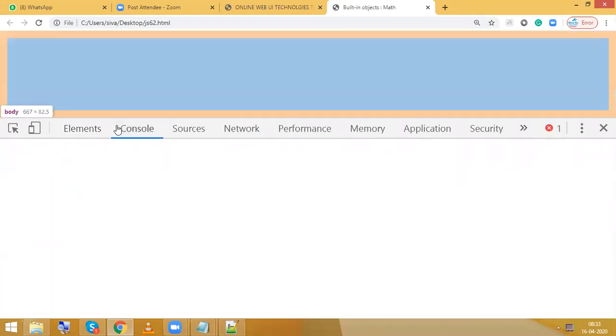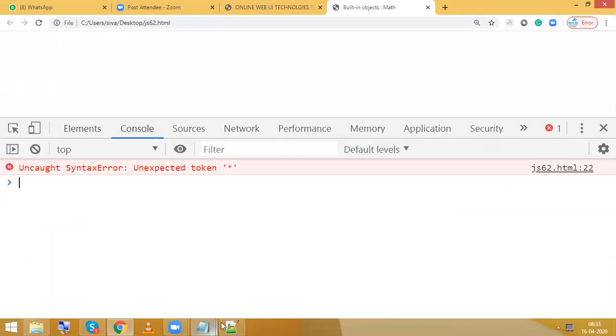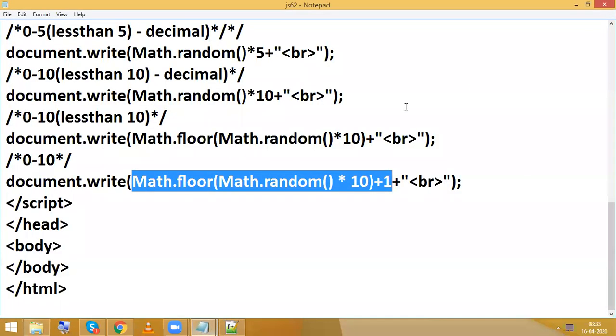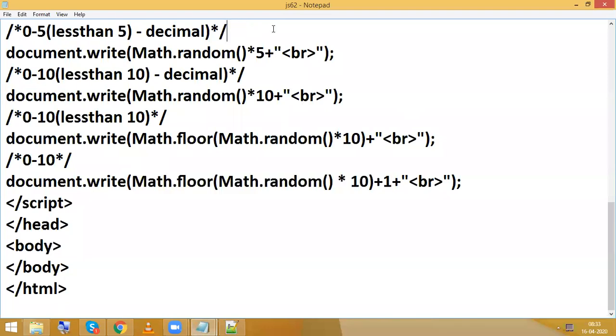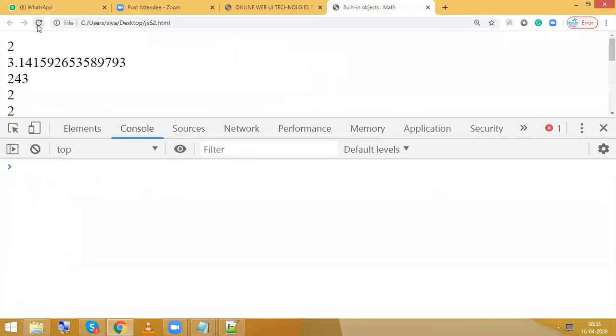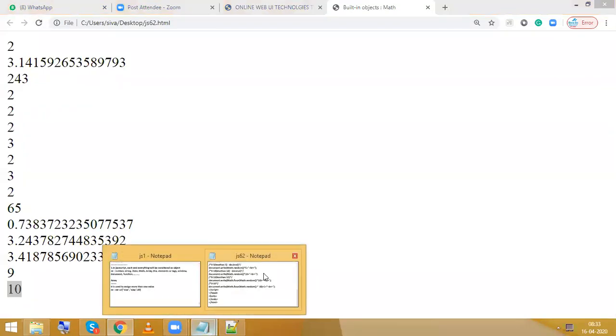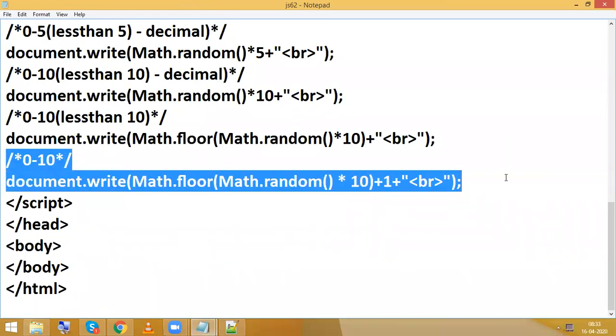Check it again, right click, inspect. Still it is there. Okay, two places are updated. Fine. So now we did not get the result. Okay, refresh. Whenever you check the last number, ultimately you can expect in some situation 10. Just I'm refreshing. Okay, so 10. So next, as usual, the same concept here also.